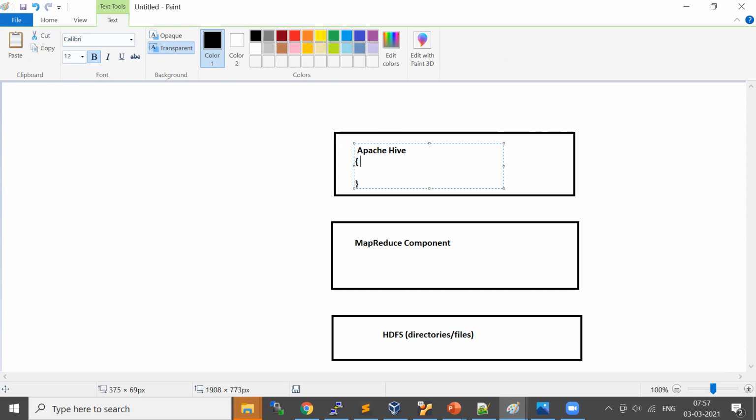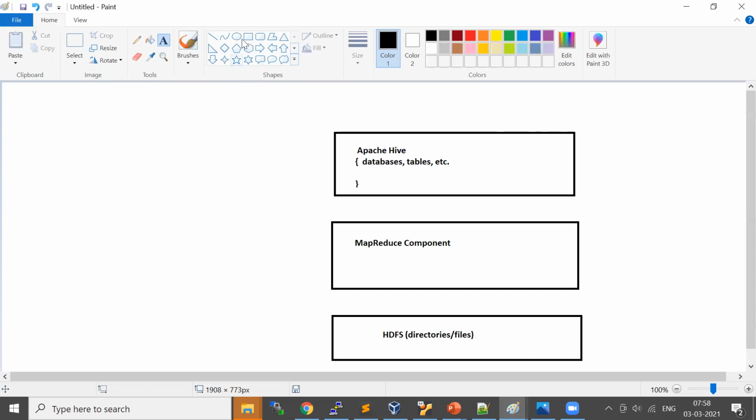Here you create databases, tables, etc. So it is going to store your details on the metastore component.